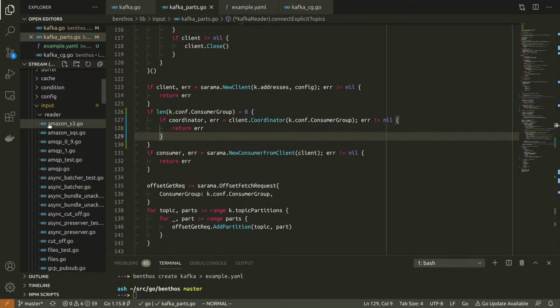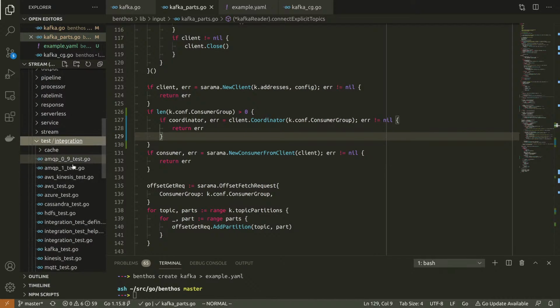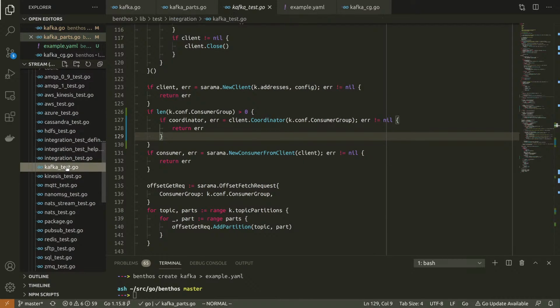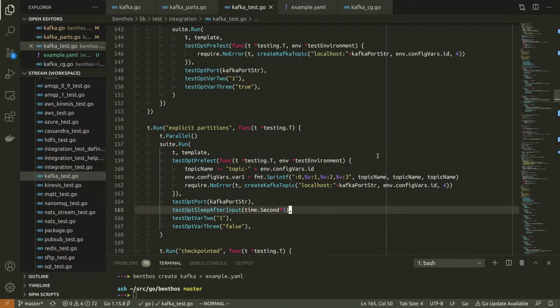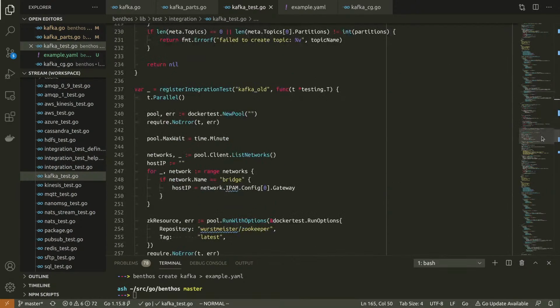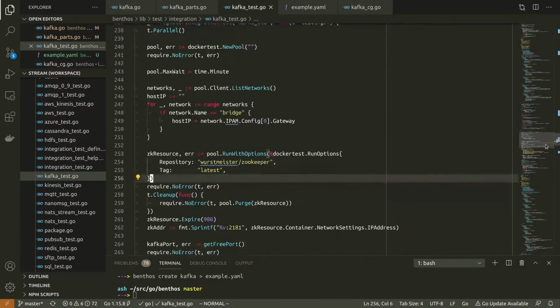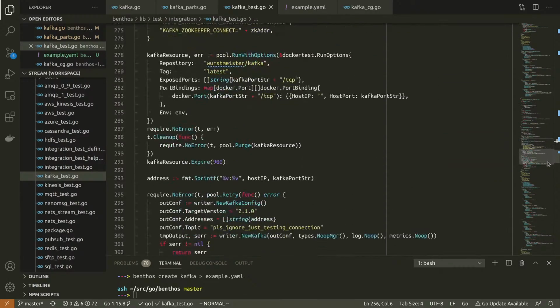Right, next thing to do is test this heavily. We do have integration tests for Kafka. I can do some other stuff as well. So we've got integration tests that rely on the Wurstmeister Docker image for Kafka, and this is a bit of a beast to run, so I hated it.